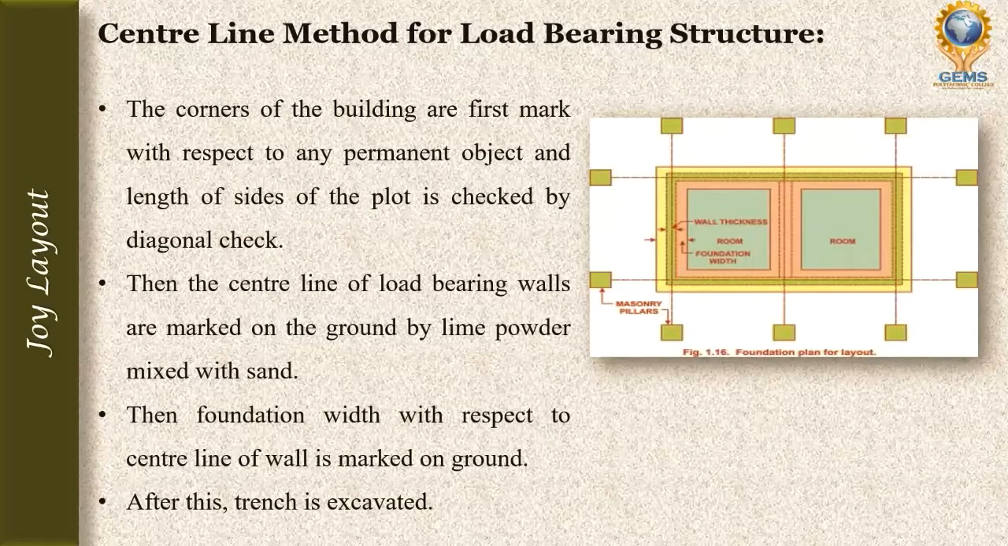We saw how to mark the corners of the building. Once the corners of the building are marked, then we have to mark the masonry wall or the columns on the ground. By using the center line method or the face line method, we can mark it. The first method is the center line method for load bearing structure. Load bearing structure means masonry walls will carry the